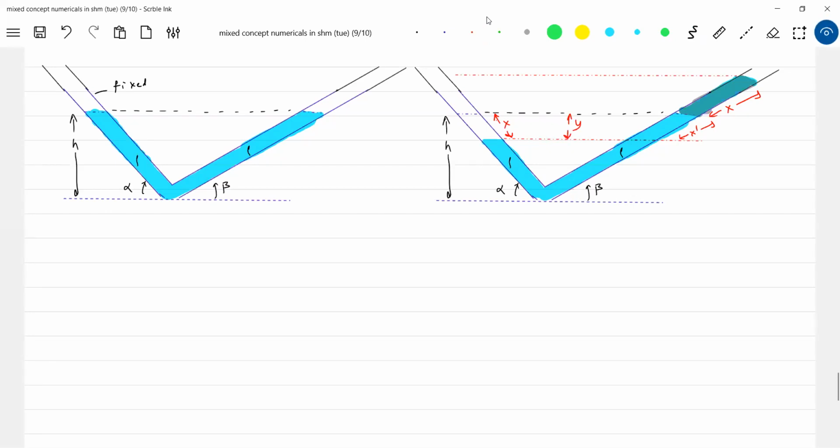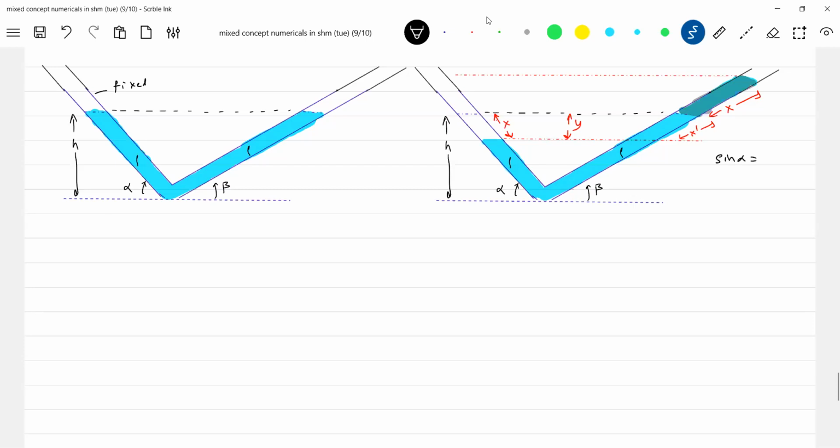If you can understand this in 2-3 steps, we can conclude the problem. Some x length of column, I'll press it, then that liquid column should come here. This cannot be x dash because this y distance will be the same. Look at this: alpha and beta. This should be x dash, this cannot be x. Am I right? If alpha equal to beta, then this would also have been x. Got it now? First write some relation between x and x dash in terms of alpha and beta, so that our work will get over.